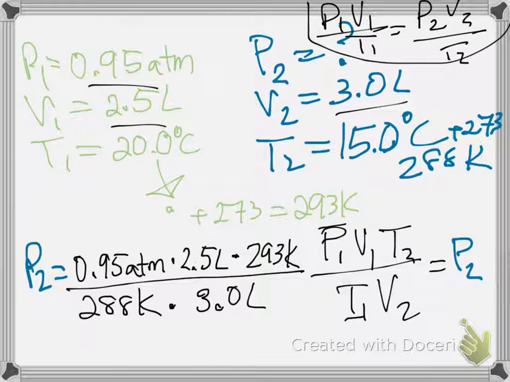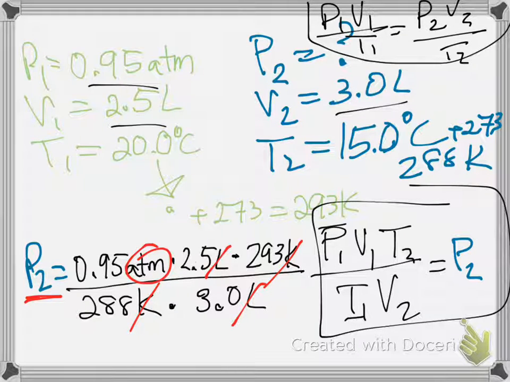Okay, so before we do anything else, no calculator yet, so put it down. You probably already grabbed it, but put it down anyway. We're going to check our units. If I'm trying to calculate a pressure, then it needs to be a pressure unit like torr, atmospheres, or pascals. So we're going to cancel everything that's the same on the top and the bottom, and we do get atmospheres. So we have rearranged our equation correctly. If you get to this phase and you find out that you don't get atmospheres and you're expecting a pressure, then you did this rearrangement incorrectly. So go back and try it again.